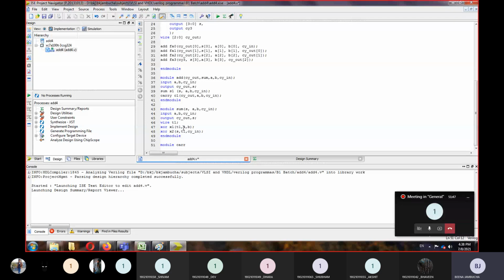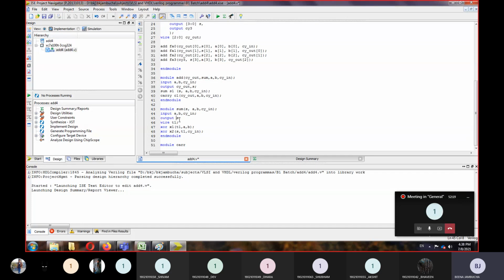सो एक मॉड्यूल बना है सम. तो सम के लिए how many inputs will be there? 3 इनपुट्स, राइट? फुल एडर में जो सम चाहिए तो सम के लिए हमें कितने इनपुट्स चाहिए? A, B and carry input, and there will be one output called sum, right? Because we are not dealing with carry, we don't care what is the output carry. कैरी के लिए तो हम दूसरा मॉड्यूल बना रहे हैं, राइट? So we are using only one, sorry, यहाँ पे हमें carry out की भी जरूरत नहीं है.